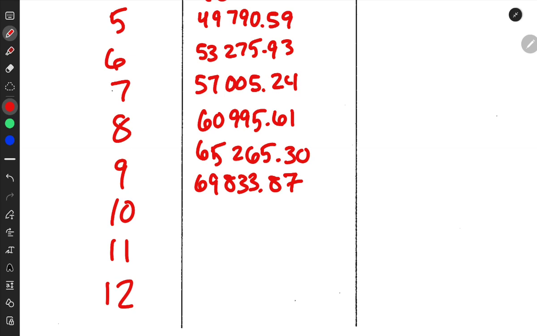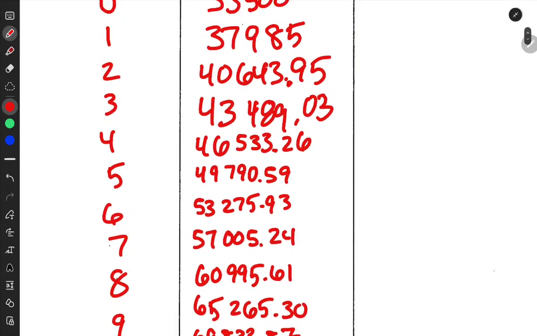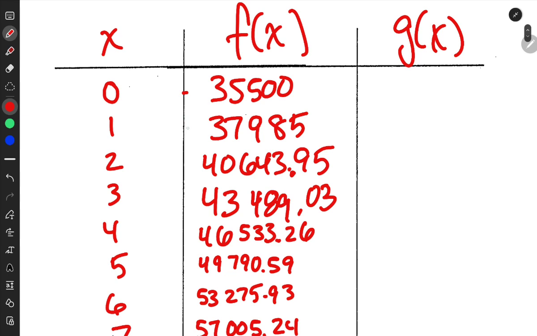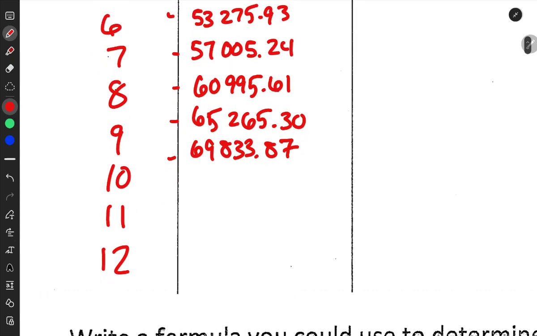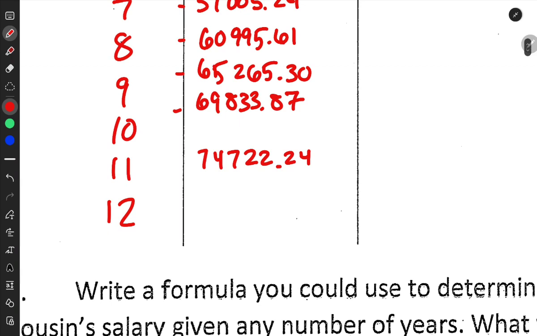$69,833.87. I'm kind of losing track of where I'm at here. So that's 0, 1, 2, 3, 4, 5, 6, 7, 8, 9, 10. All right, 11 goes to $74,722.24. And the last year that I'm going to record on this table, and the table did not ask for